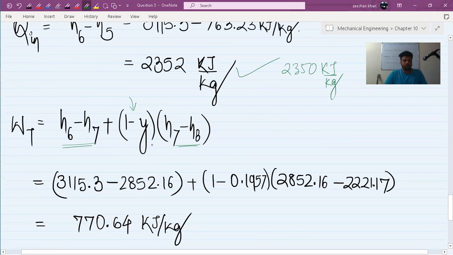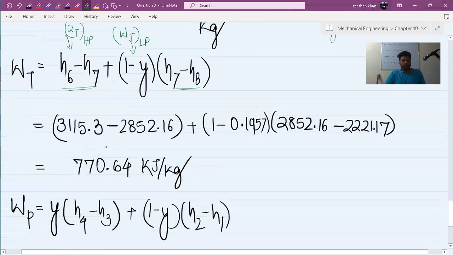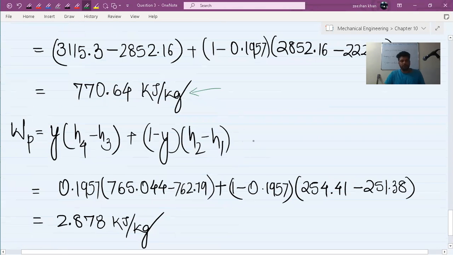This is the low pressure turbine, and this is the amount of work by the high pressure turbine. So h7 and h8 is what the low pressure turbine gets to work between, and that gets you the amount of turbine work. And pump work is going to be y times h4 minus h3,